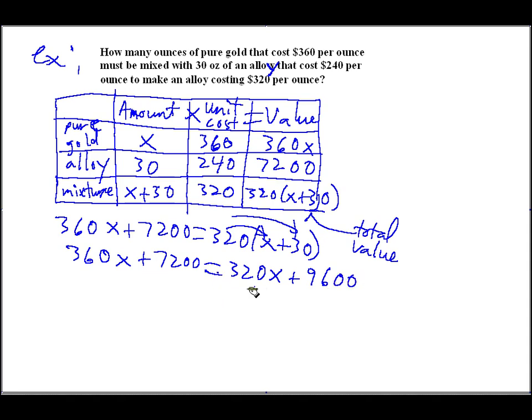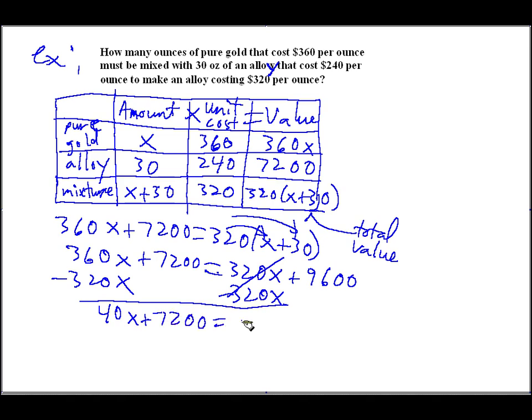Let's get x on the left, numbers on the right. So let's subtract 320x on both sides here to get it over to the left side, if you will. Make sure we're sharp on equation solving. That's 40x plus 7200 is equal to 9600. All right. Subtract 7200 on both sides to get it over to the right side. Numbers on the other side. All right. So I get